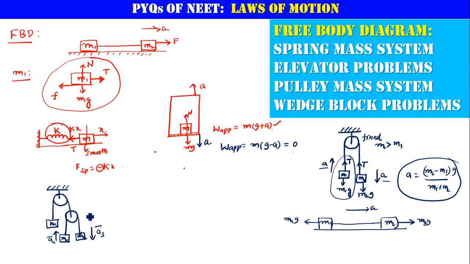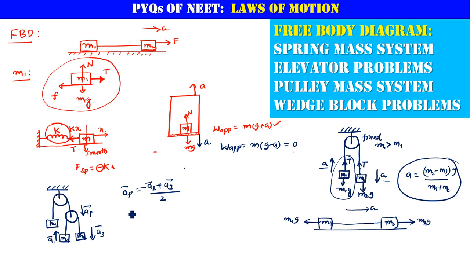Then AP, the acceleration of the pulley, can be given by the expression that is nothing but A2 plus A3, divided by 2, for this present case. So basically you have to consider the direction of the pulley as a reference here. The accelerations which are in the direction of the pulley's acceleration, let us say the pulley is also going downwards, then A3 will get positive here and A2 is going in the opposite direction now. That's why A2 will get minus here.